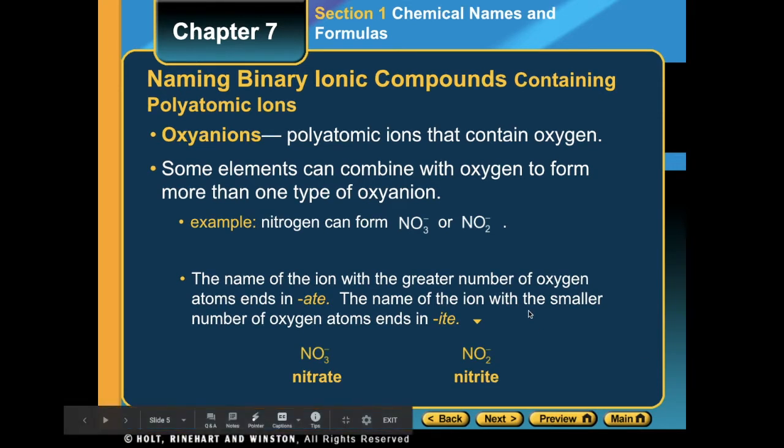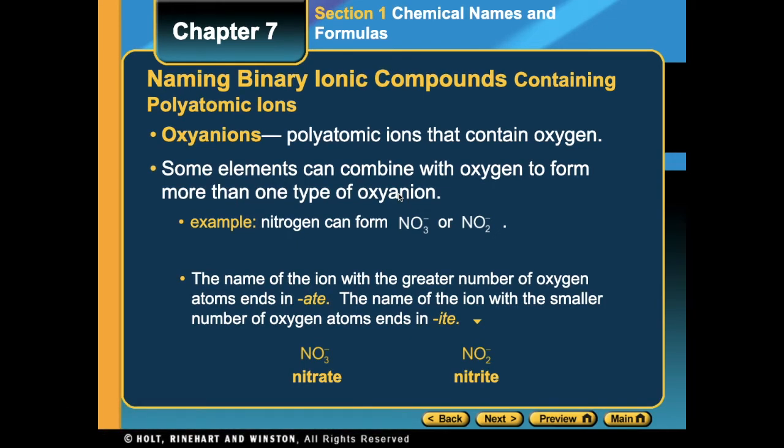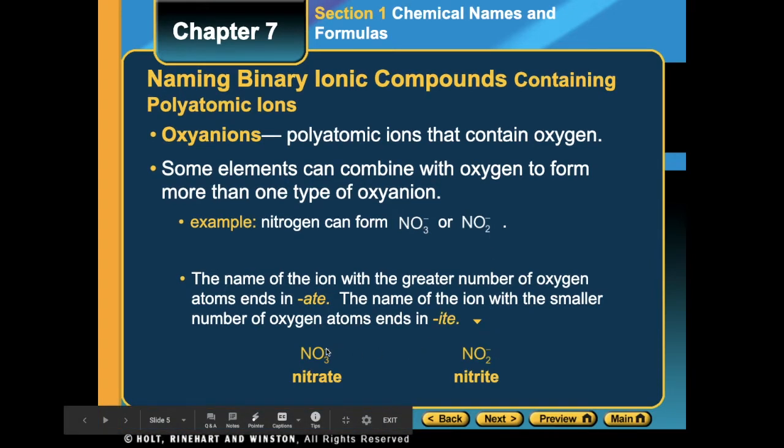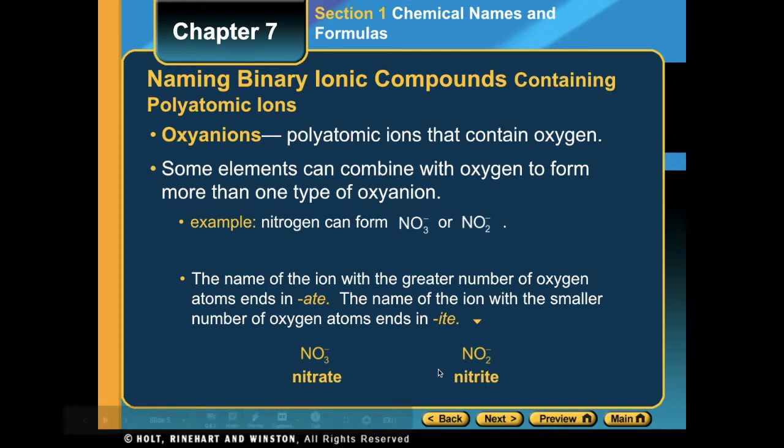Alright, so what we need to understand here is a lot of the polyatomic ions we're going to be talking about are called oxyanions. Oxyanions are negatively charged ions which contain an oxygen. So one example would be nitrogen. We have nitrate and we have nitrite, okay? Nitrate has 3 oxygens and nitrite has 2 oxygens. Both of them have a charge of just -1, but the only way that we can distinguish them by name is that the one with the more oxygens has the ate and the one with the less oxygens has the